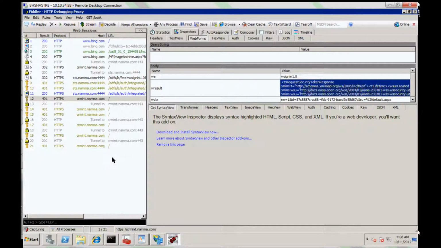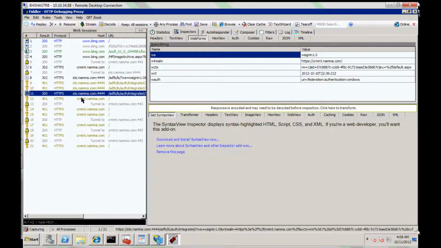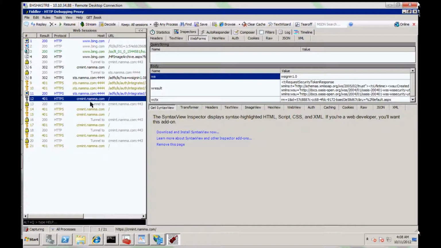Now here is the thing. When you browse the internal URL and the request right after the STS authentication successful will be posting the SAML token to CRM server. It says, okay, I generated the SAML token, gave it back to client, and client, the IE browser, is supposed to give the token back to CRM. And in Fiddler, we can see that token,